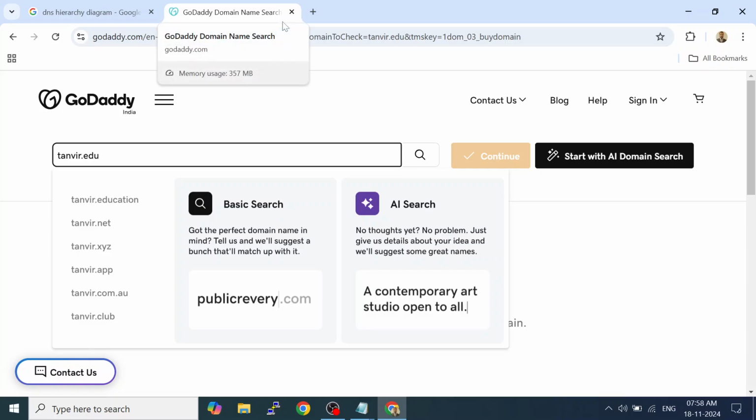And here the Tanveer is the second level domain, the name of the organization. This is clear. So whenever I pay for it, then under tanveer.com, they will give me the option to create the records. Then I will create the records server1.tanveer.com, server10.tanveer.com, like that. And for the website which I want to be accessed by everyone, I will create an alias for that host name as www. So then it will become www.tanveer.com.